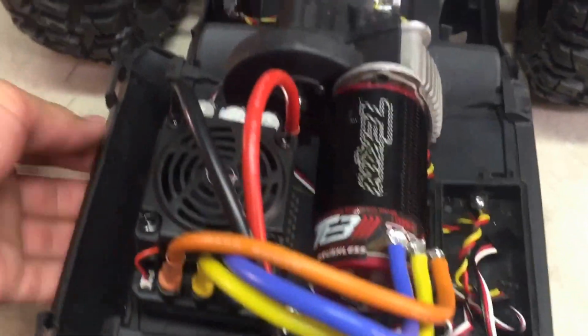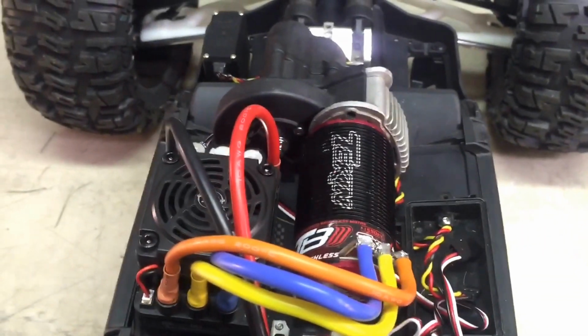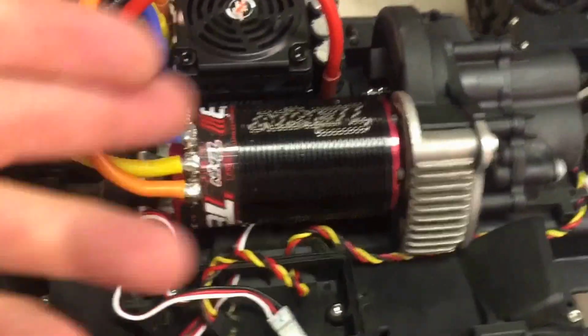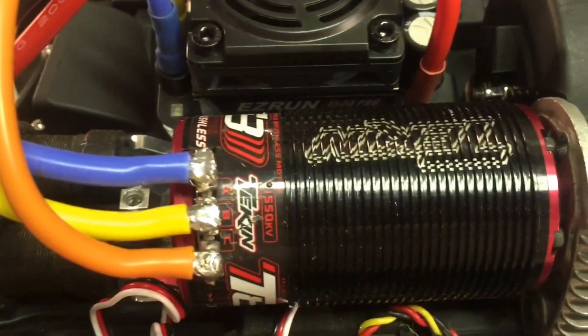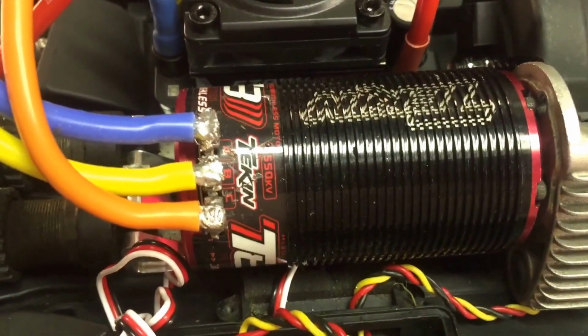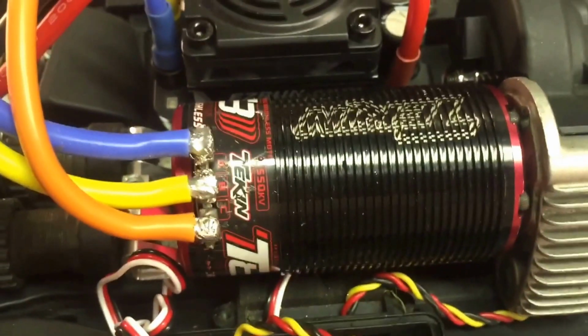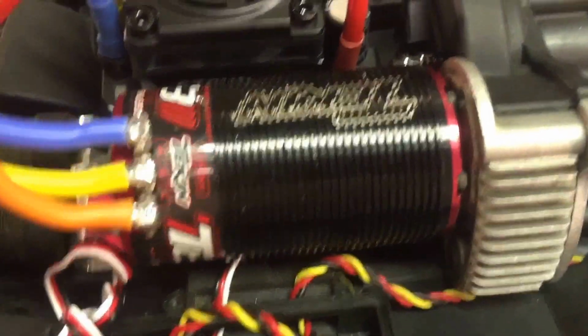And for the system, as you can see, whoops, close that battery tray there. But for the system, as you can see, it's something special. A lot of you might not recognize it, but I'm sure you recognize the motor, and it's a Tekin 1500 kV. Now, with the 1500 kV, this car does great. It has plenty of speed on 6-cell lipos, has plenty of speed on 4-cell, and it does not get too